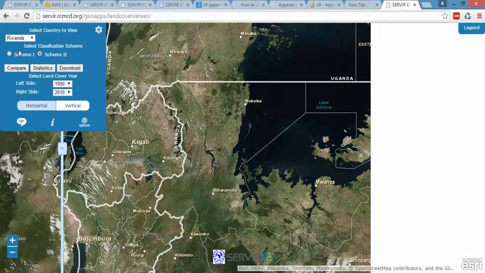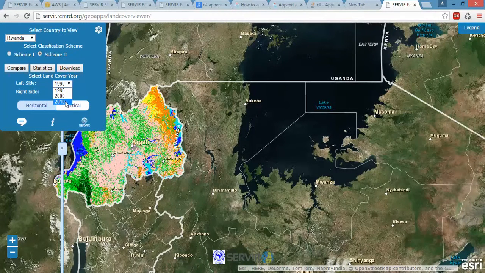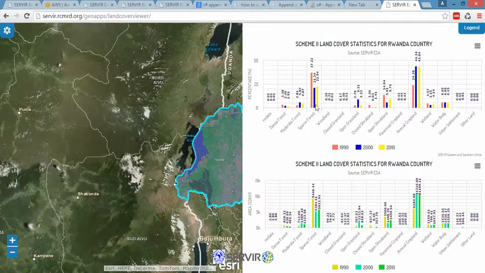Like for Rwanda, it was classified for 2000, 2010, and so on. Most of the countries were classified for 2 years, just 2000 and also 2010. But for Rwanda, the classification was done for 3 years. So if you load your statistics, you will be able to see that it dynamically loads statistics for 3 years, and you can hover over and see each class, how it has been changing over time. As you can see,